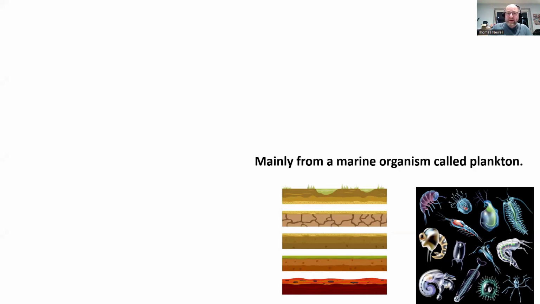Now, hundreds of millions of years ago, when plants and animals died, a very small percentage of those plants and animals would die and decay in quite extraordinary conditions, which would lead to the formation of crude oil.